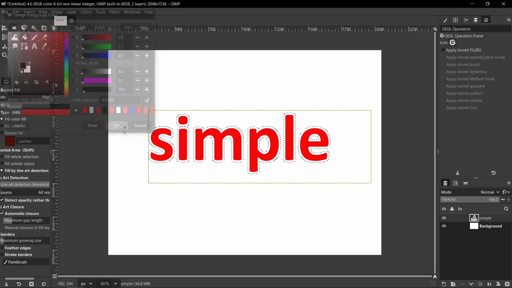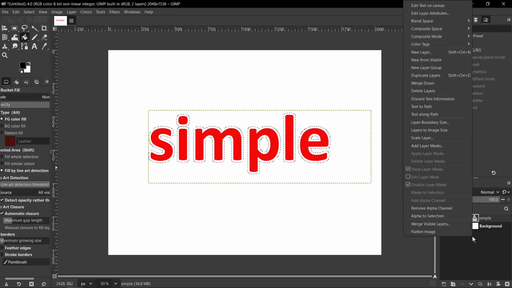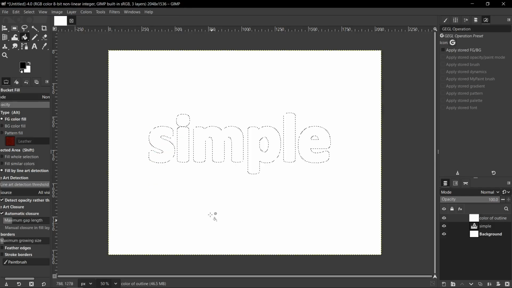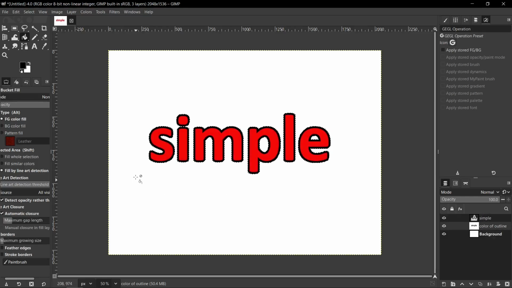Now I click the OK button and I need to create a new layer. So I right-click here, I go to New Layer, I type here a layer name, for example color of outline, and I click the OK button. Then I click somewhere inside the layer and I will change the position of this layer somewhere lower, and as you see, the outline has been successfully added to the